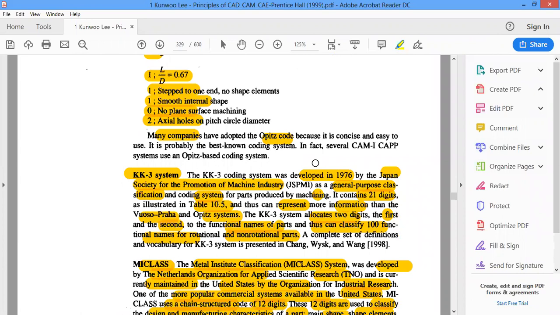So the next thing is the KK3 system, which was developed in Japan in the year 1976 by the Japan Society for Promotion of Industry, where a group of industries formed an association and came up with this standard. The general classification over here actually contains 21 digits, having more information in depth, step by step.